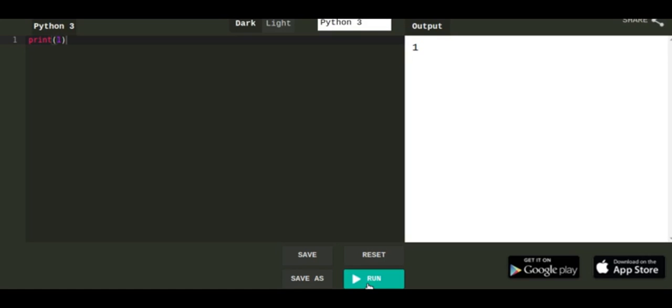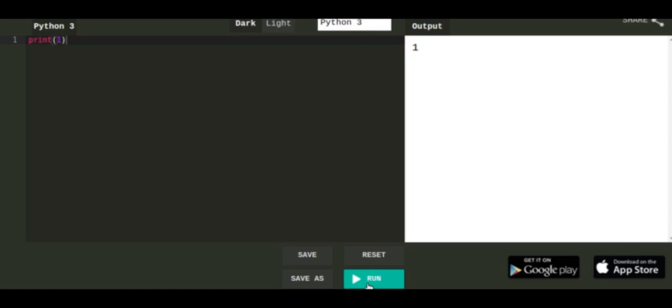So here you can see that it just outputted 1, which is not a string, but we can also output the string type too, but we will discuss that in later videos. So this was for the print statement.